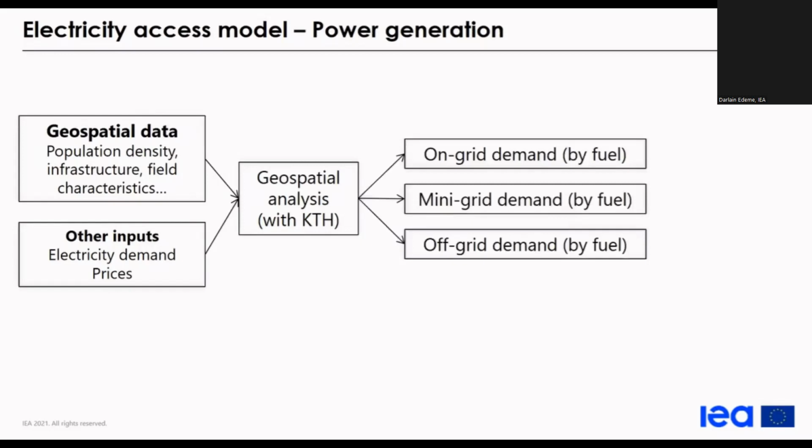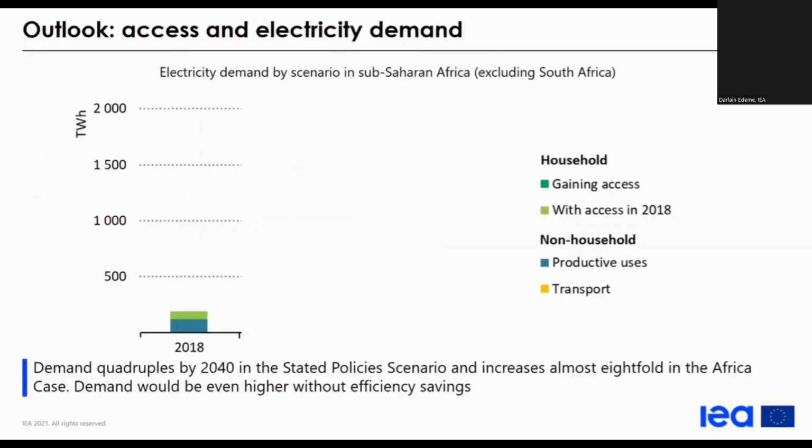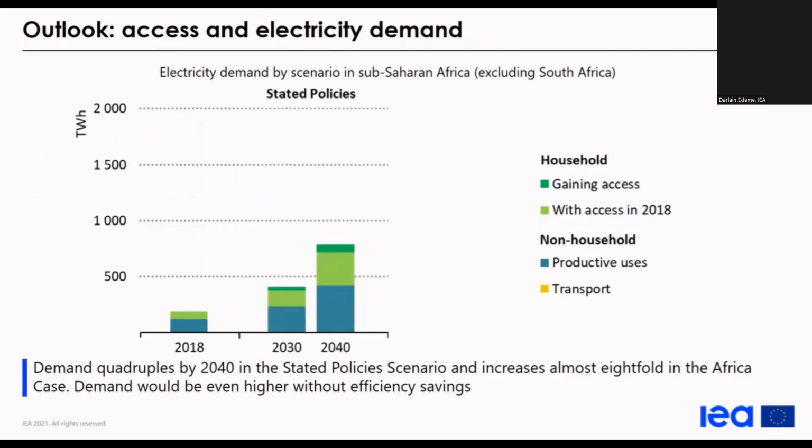And with that, we will get information on demand by each solution and reflected into both generation terms and capacity terms. Let's have a look at a few examples of those results of the modeling outlook. Here you can see electricity demand in 2018 in Sub-Saharan Africa and how it would evolve in the coming decades